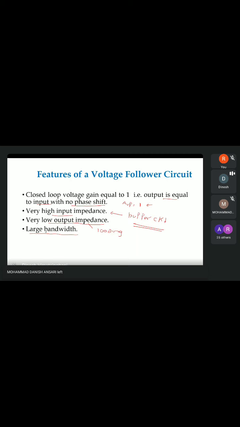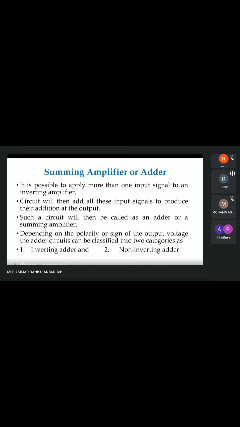Okay, now let's move ahead to the other applications of the op amp. There are three very important things that I'm going to discuss here. We are going to talk about the application which is summing. If there are three voltages, say for example V1, V2, V3, and I want to add the three voltages, then when I use an amplifier, there will be some gain that amplifies this voltage. That is why, for the summing amplifier, I can also use it as an adder, which gives the sum of the three input voltages V1, V2, V3.